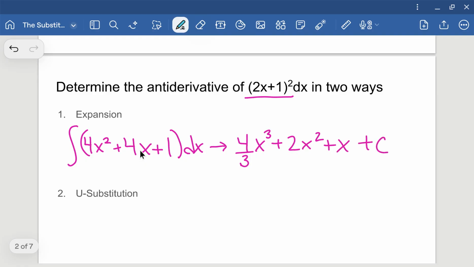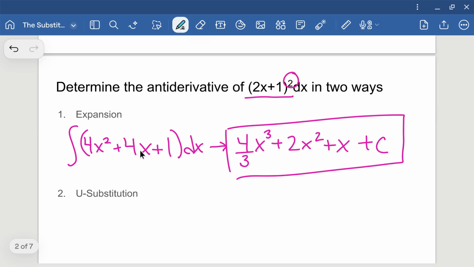Now, the other way we could do this, so this is your answer and we're done, but what if that exponent was like 3 or 4 or 20, right? That would be a lot harder to expand out. We can still do it, it would just take a lot of time. So the other way we can do it is doing U-substitution, where we're still taking the antiderivative of that